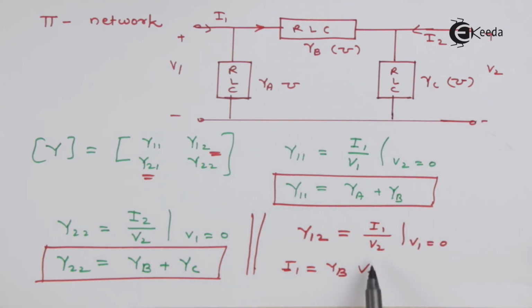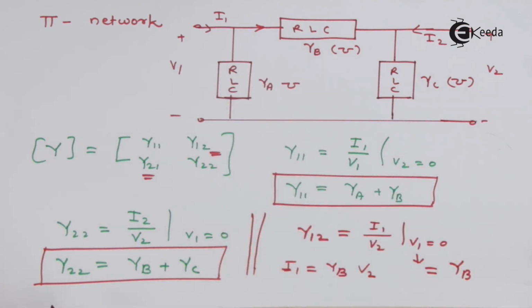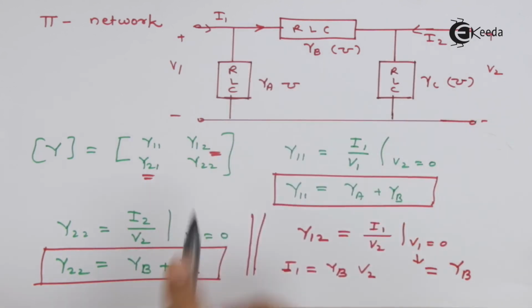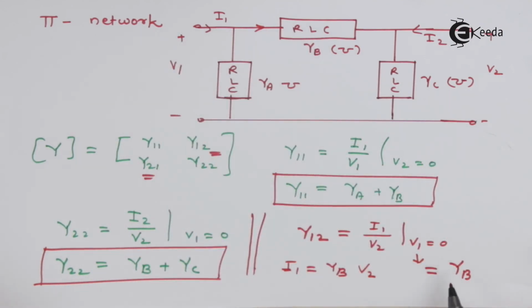If we substitute this condition here, this V2 and V2 will get cancelled, and I will get the result equal to YB. But if you take sign into consideration, this current is coming from the negative terminal. The actual current is coming from the positive terminal, but we have taken current I1 like this. Because this is shorted, our current is coming from the negative terminal, so it will be minus of YB. The same will be true for Y21, which we will not solve. So Y12 is minus of YB. This third parameter is solved. So we'll write the Y matrix now.